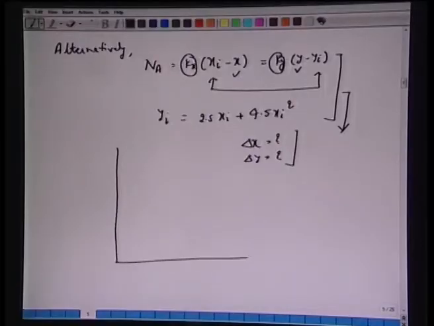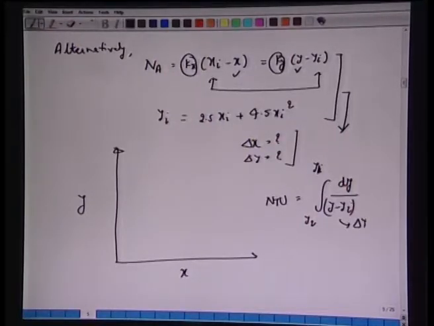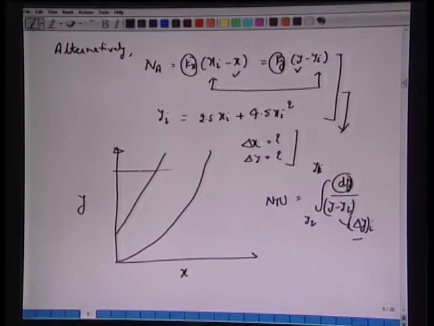Okay. So, just to sum up here, the same curve, since we are talking of driving force, let us again try to understand the meaning of this NTU. So, we have NTU as the integral of dy by y minus yi, from y2 to y1. This is what we have calculated, this is the driving force of mass transfer based on this interface. So, we have dy and del y. We have this equilibrium curve, you have the operating curve, you have the boundary here, y1, and you have the boundary here, y2.